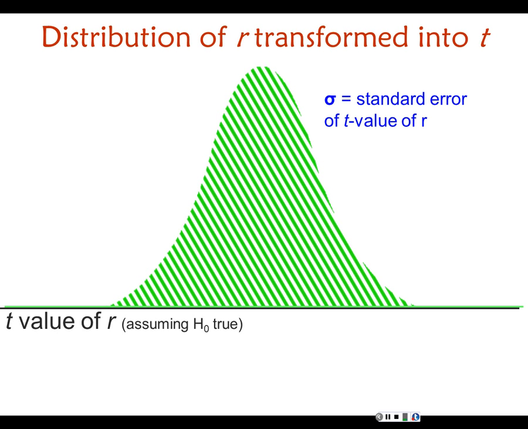This is the distribution of all possible correlation coefficients that could happen if the null hypothesis was true, if there was no correlation in the population. But all those correlation coefficients have undergone that little mathematical transformation to turn them into t-values. So the standard error is the standard deviation of this distribution, of the t-value of R. So the null hypothesis, as you see in this row, way over on the left, says that there's no correlation in the population, and yet somehow you ended up with